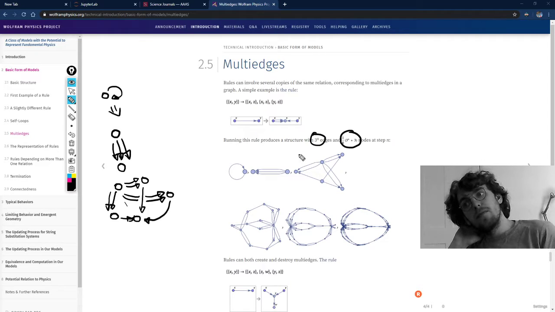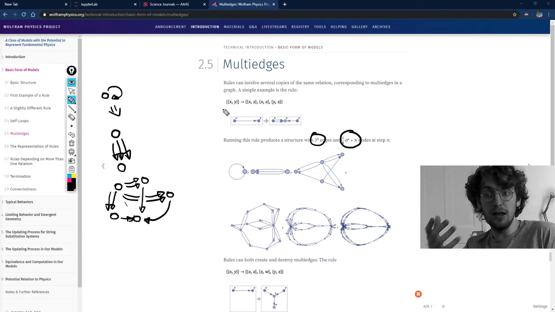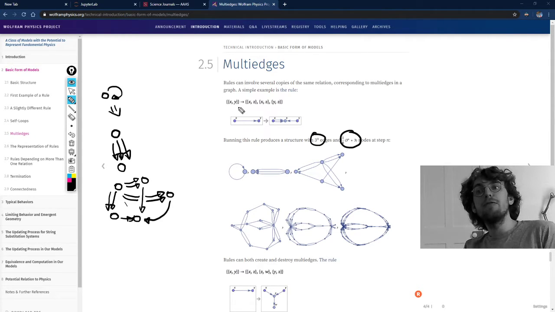Because this rule only requires a thing going between 2 things, it doesn't require them to be the same, but it can still act on them if they're the same. Every edge is going to produce 3 edges. So, yep, we will indeed get 3 to the n. We started with 1, 3, inductively up, 9, 27, 81. The next thing that you get when you multiply by 3. Number of nodes is more interesting,